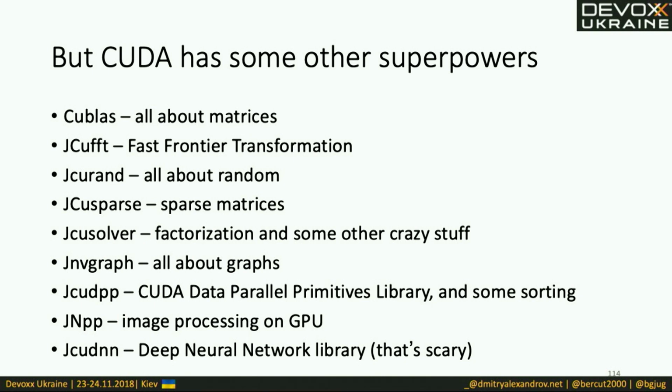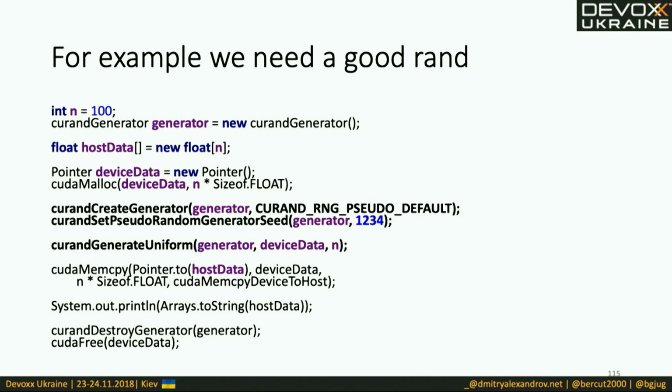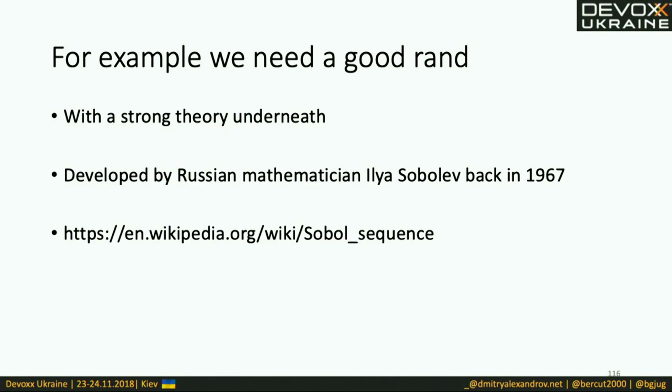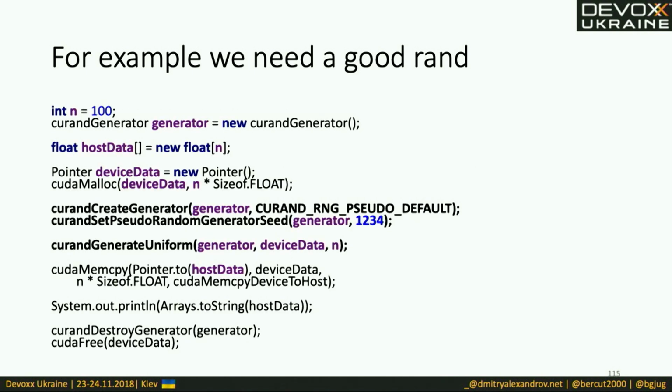But as an example, I will give something different. Okay, this is now Java code, and here we will do a random number generator. But this is not just a usual random number generator. This is a very, very good, very random number generator. It's built on sequences by the Russian mathematician Ilya Sobol from '66. The main idea is, you see, we just call these functions directly from our code, and we receive very good random numbers.